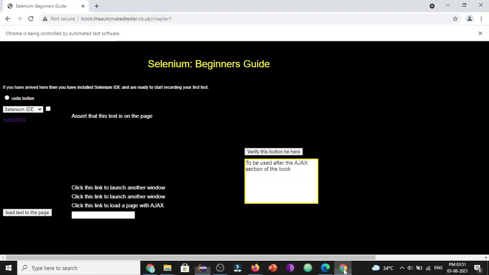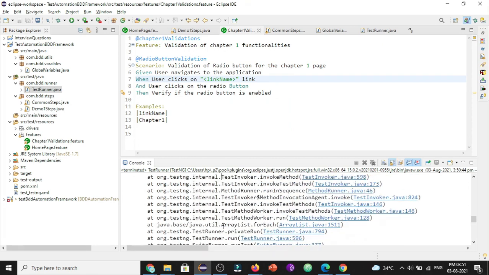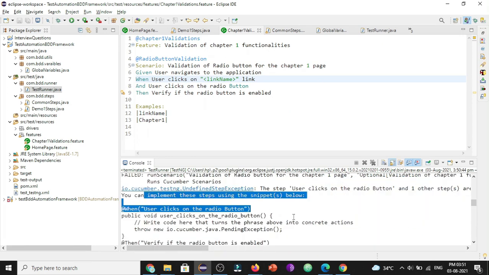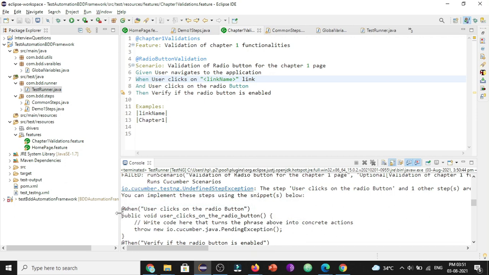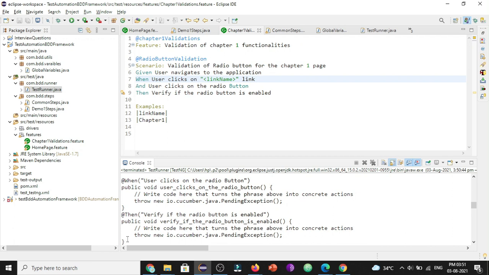You can see we are able to initialize the browser, it has navigated to the application, and it has also clicked on this chapter 1 link. So it has worked till this step, and when you observe in the console, these two steps are not yet implemented. It says you can implement the steps using the snippet. So we need to implement these two steps.